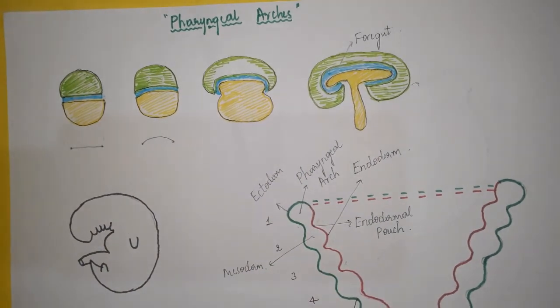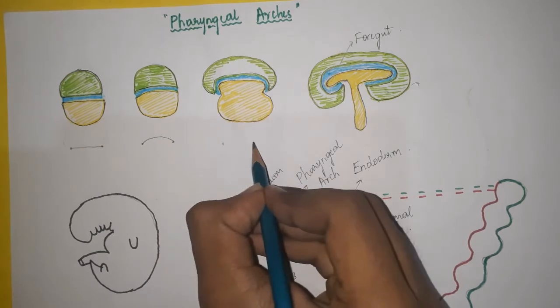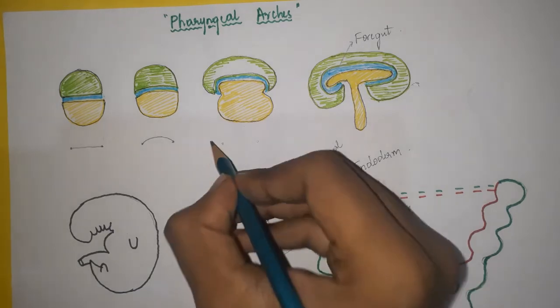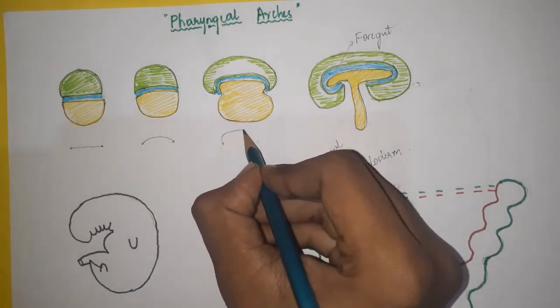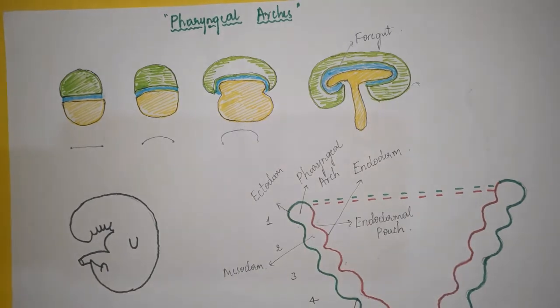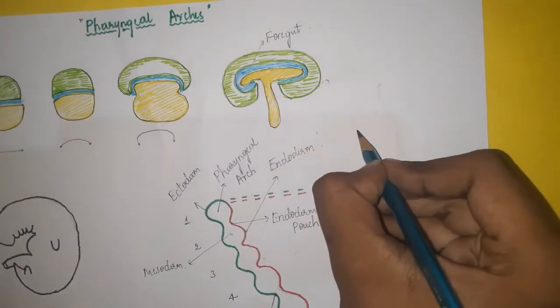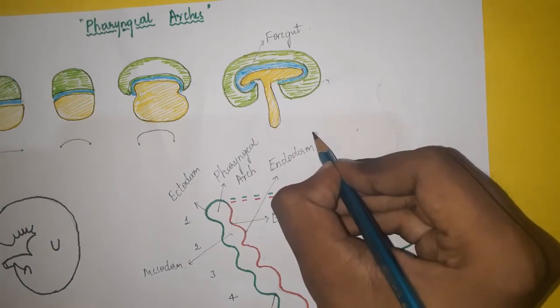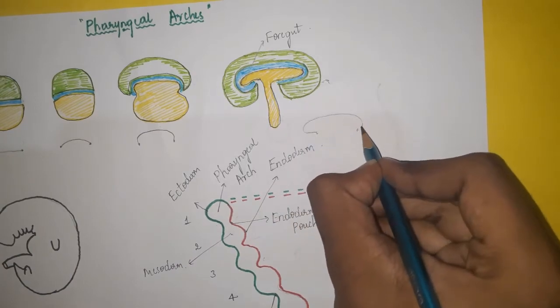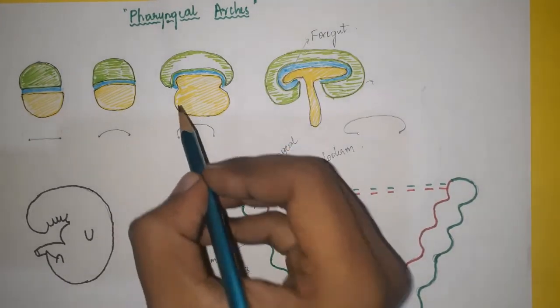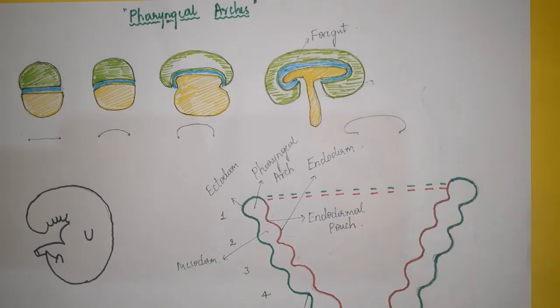And now again at this stage, the relative position is the same. The position of the ends remains the same, but the ectodermal layer will grow in length. Again further bending occurs like this. So in the later stage, the ectodermal lining almost forms a cavity by folding upon itself like this. Okay. Now here comes the yolk sac. Yolk sac will invade this cavity formed by the folding of the ectoderm on itself.